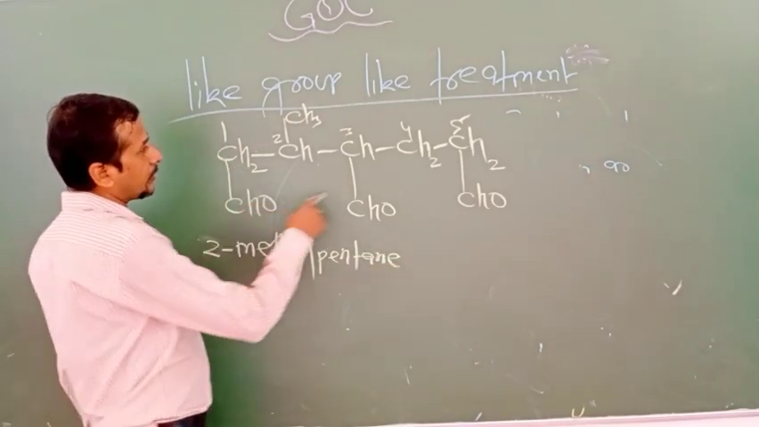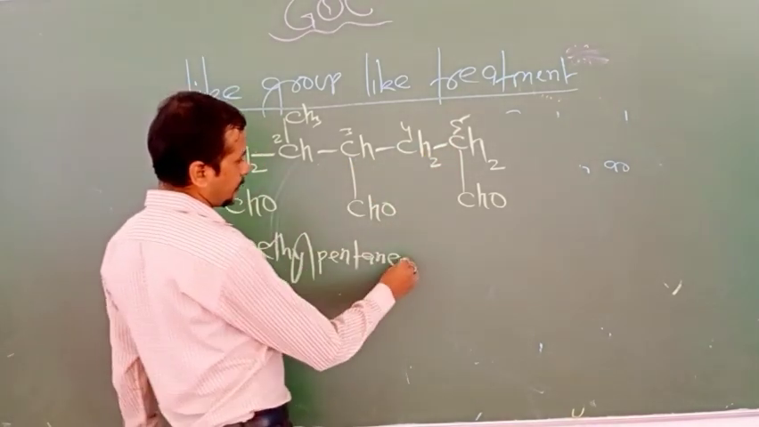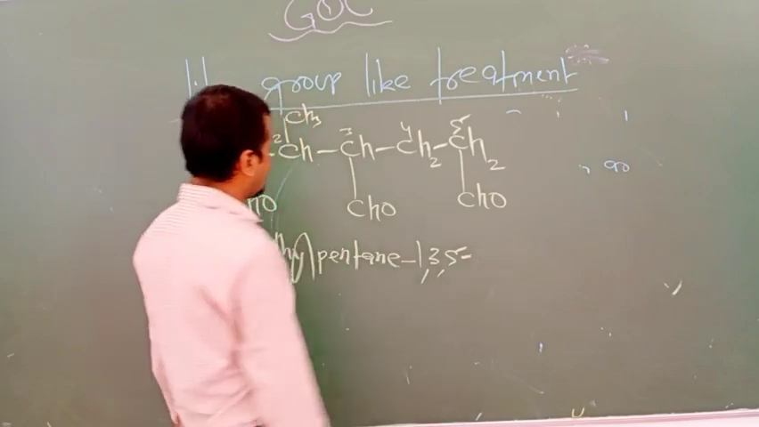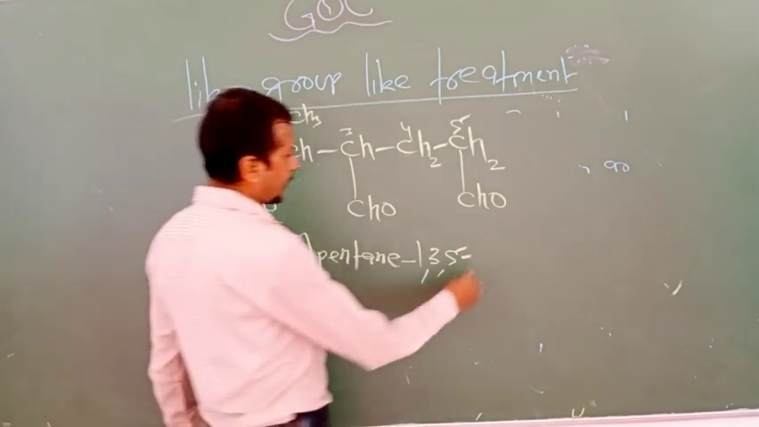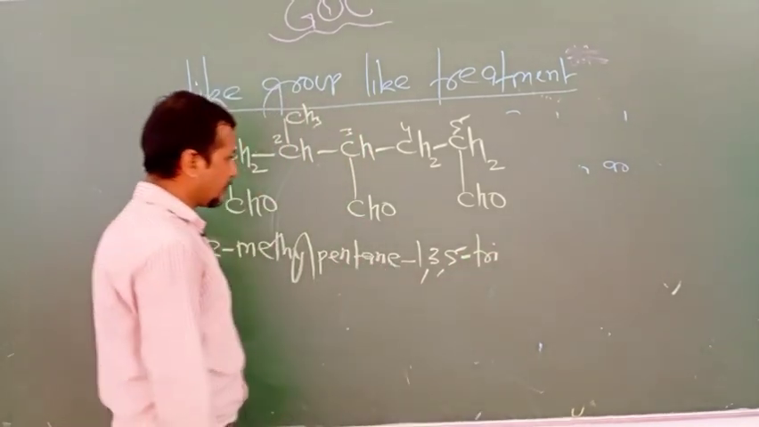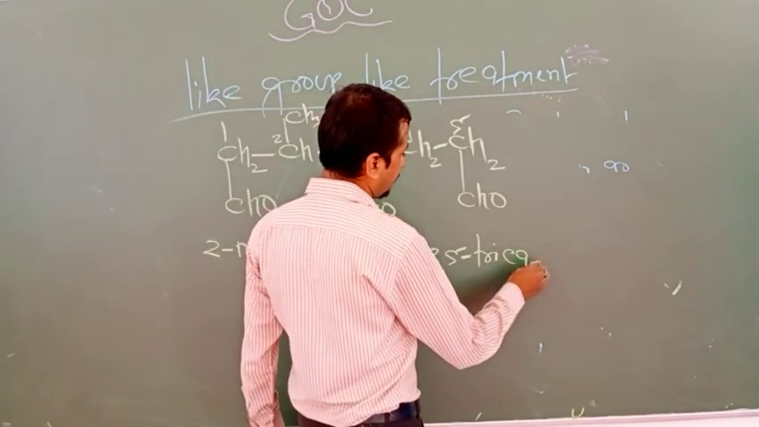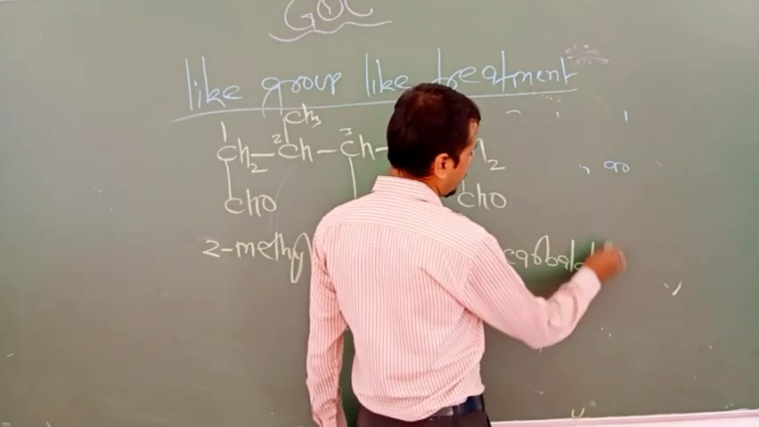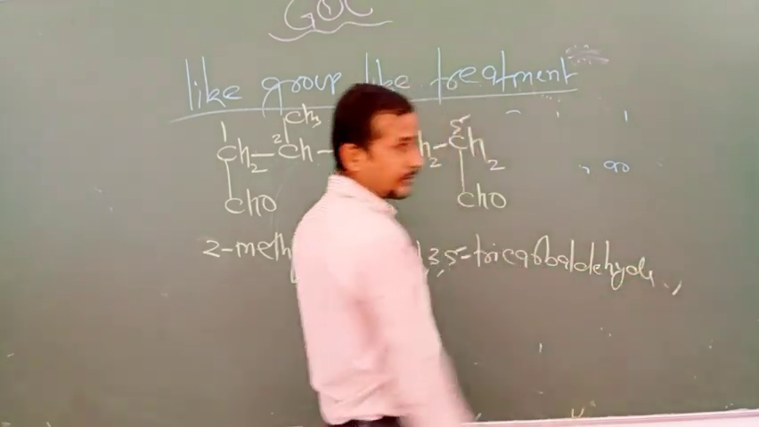Now 1, 3 and 5 CH. You write like this 1, 3, 5. Now 3 times being CHO, you write tri, and CHO is known as carbaldehyde. You can write like this, tricarbaldehyde. So this is basically